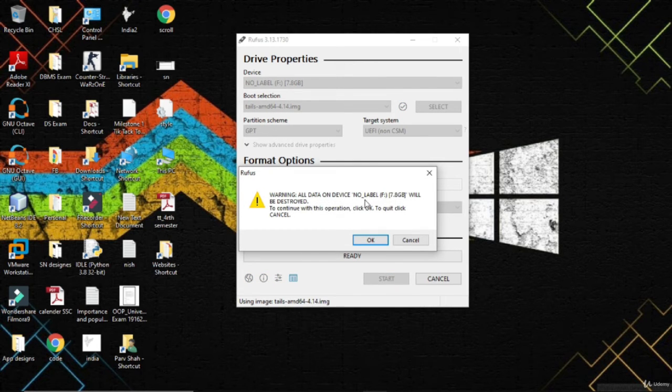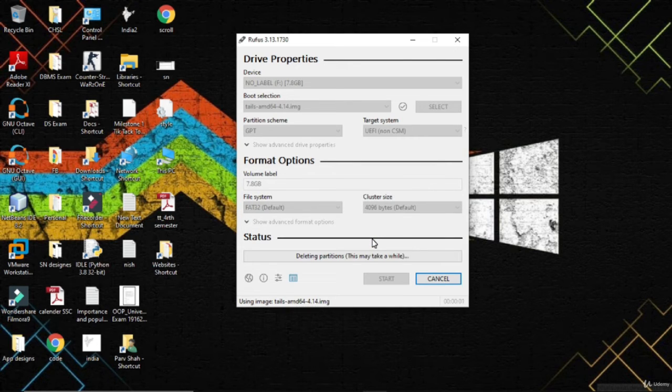Warning, all data on the device, again as I said earlier, will be destroyed. To continue this operation, click OK. To quit, click cancel. If you have not deleted your data, click on cancel and format it or take a backup, right? Okay, so the drive will be formatted and it's currently being made bootable.